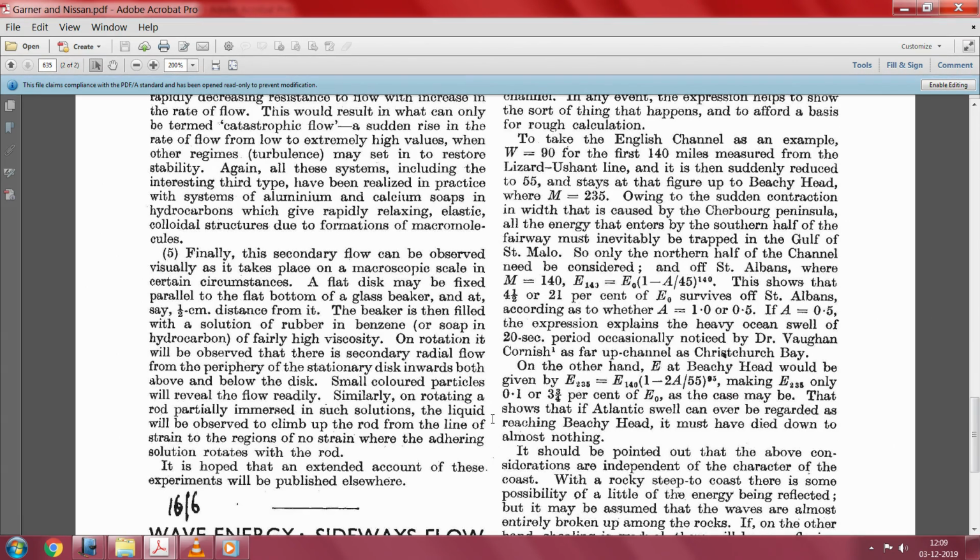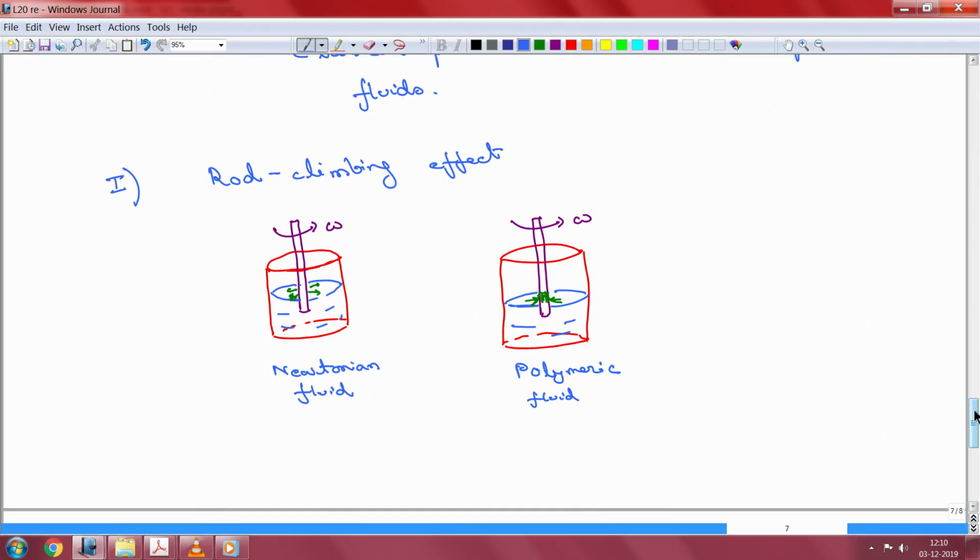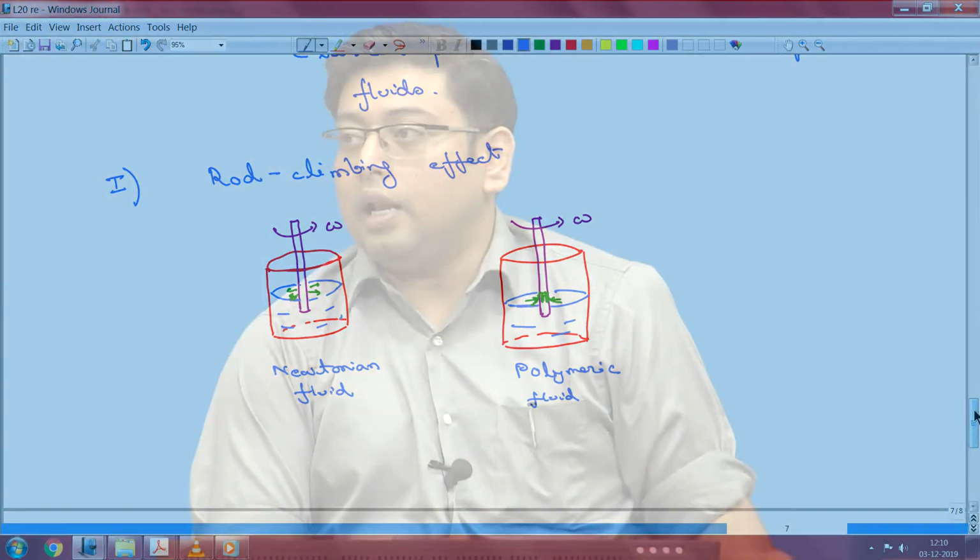Anyway, these are some of the original manuscripts of this area, and you are welcome to download these and take a look at this in more detail at your leisure. In the next class, we are going to head on into the lab. Today we had a mix of looking at some of the experimental results and theoretical constructs that are relevant, and in the next class we will go into the lab and start doing some nice experiments for ourselves. So, the next class is going to have a lab component.